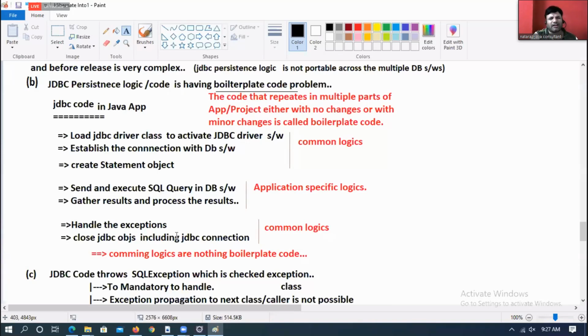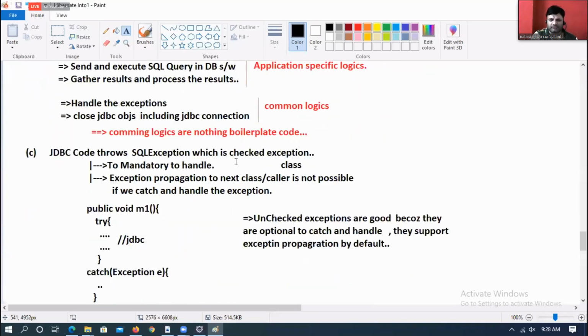The code that repeats across multiple applications, either with no changes or with minor changes, is called boilerplate code. These common logics are acting as boilerplate code here. Everyone got the point? So that means there is boilerplate code here.